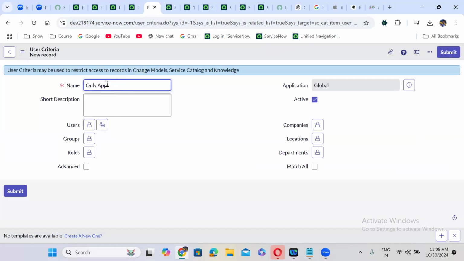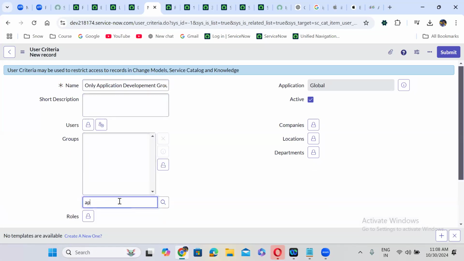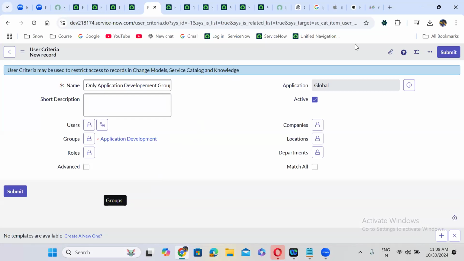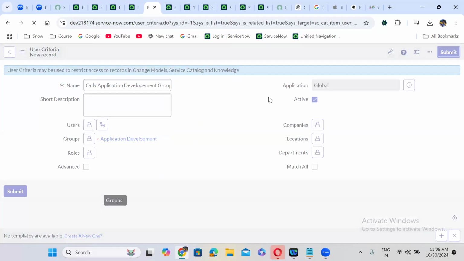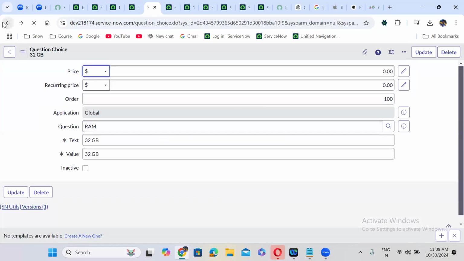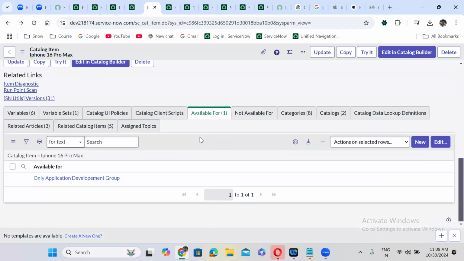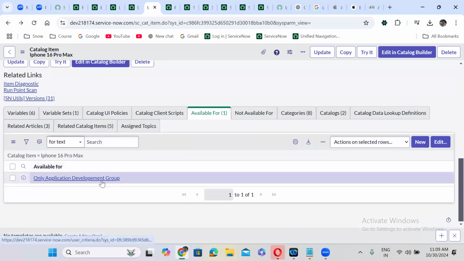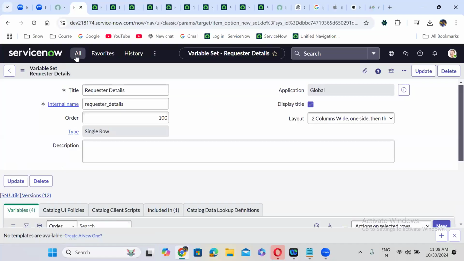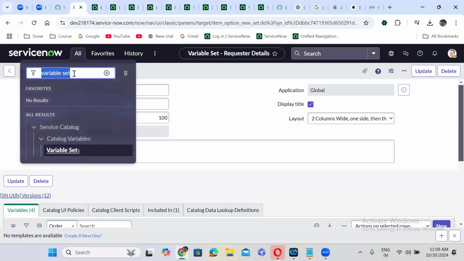Only application development group members. I'm selecting the group here as application development. Okay. I created a user criteria, guys. I added that user criteria under available for. You can see that here, only application development group. So if you go to the application development group members here,